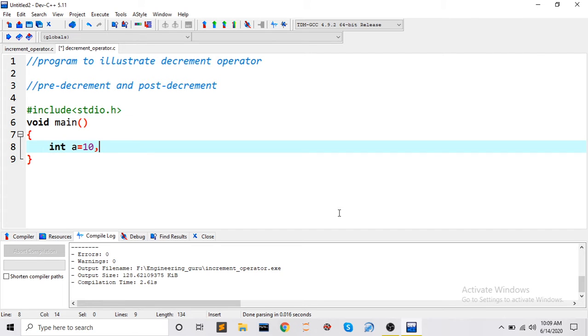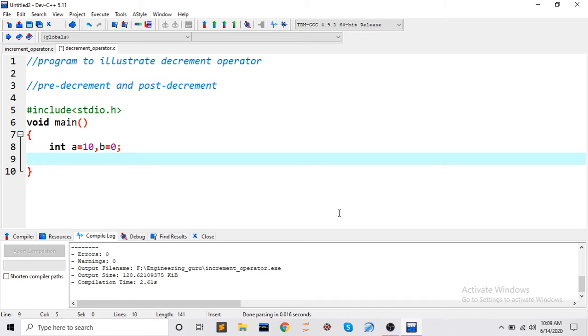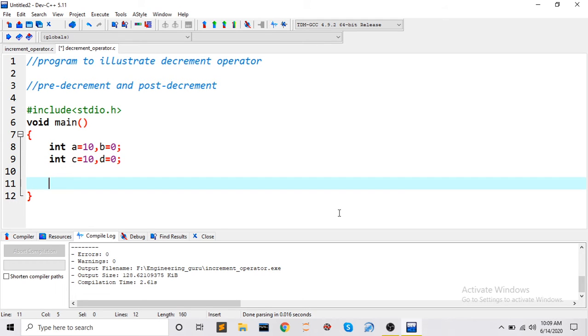So a equal to 10 and b equal to 10, and c equal to 10 and d equal to 0. The first set of variables, a and b, I have taken for the pre-decrement operation, and c and d for the post-decrement operation.